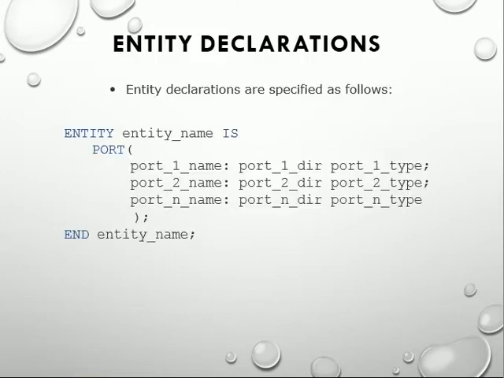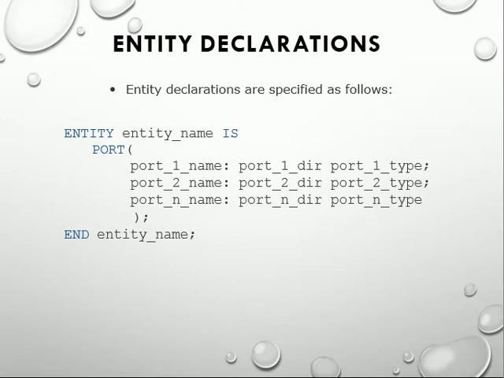Now again, coming to how to declare an entity. This is the simplest form of the entity declaration. First of all we need to write the keyword entity, followed by the entity name. Remember that in this declaration there is no generic declaration, and no entity port declaration either. Only the port declaration is present. We are going to specify input and output ports here.